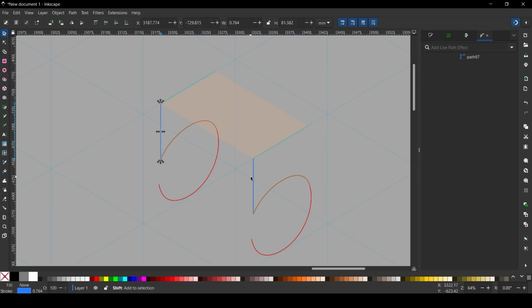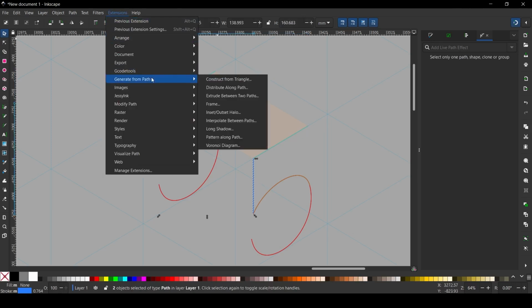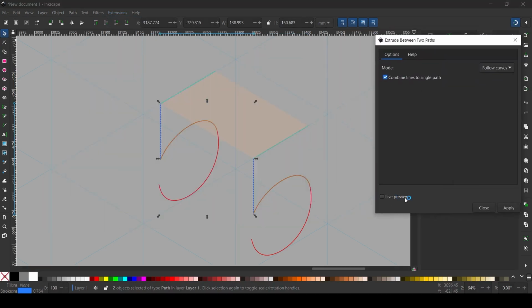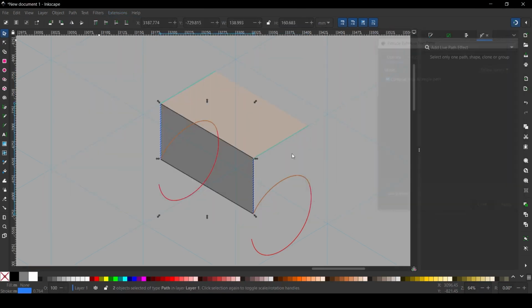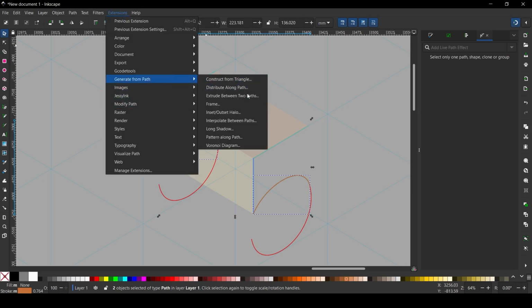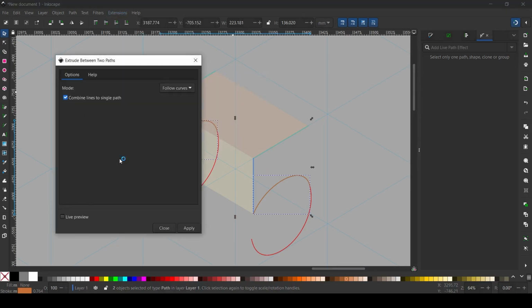Let's select this blue object and this one, extensions, generate, and then extrude, live preview, apply and close. Let's select this object, remove its stroke, and let's just give it a different color, something like this. Let's do the same thing for this object and this one. So extensions, generate, extrude, live preview,